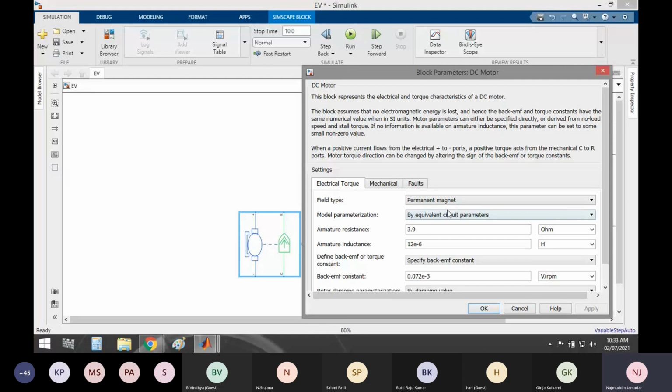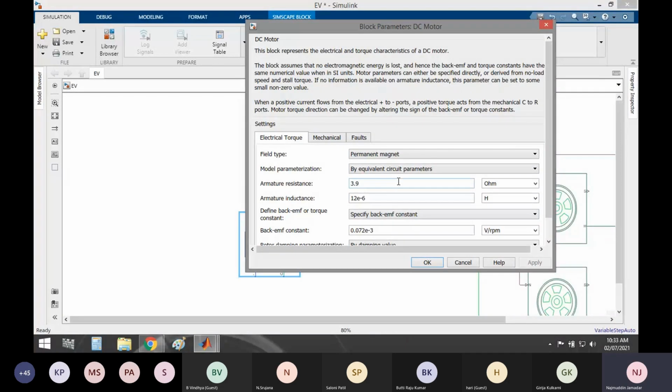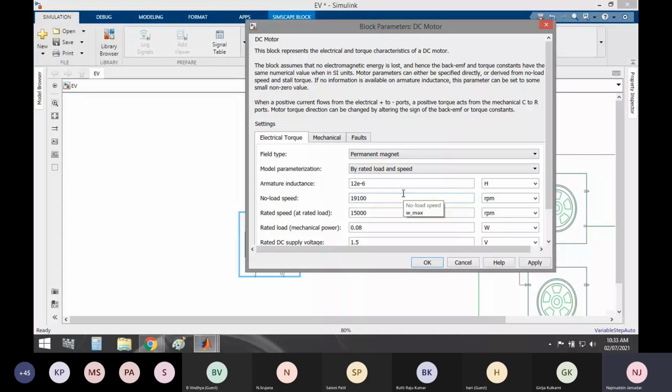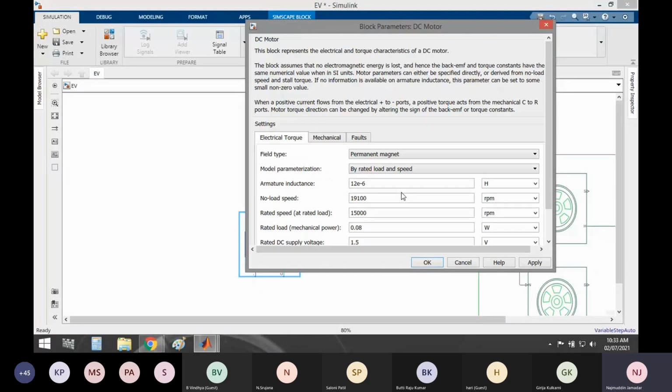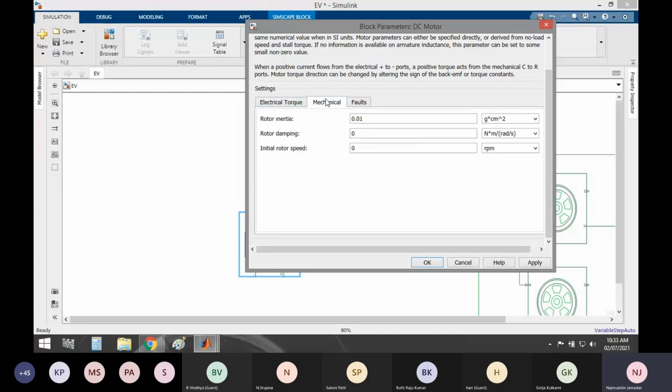Here there are motor parameters. Either you can select by equivalent circuit or by rated speed. Better to select with the rated load and speed. Here you can set no load speed, rated speed, HP or rated load, like that we can set. I will set it afterwards. Some mechanical factors also you can set.